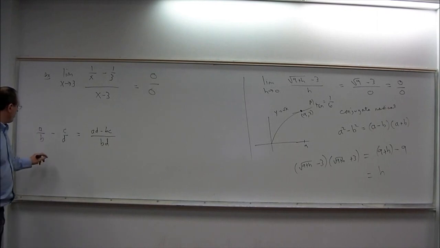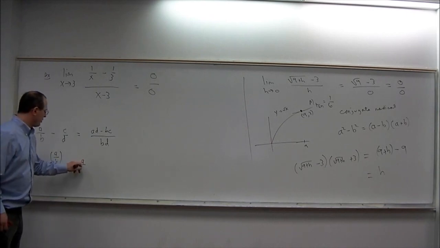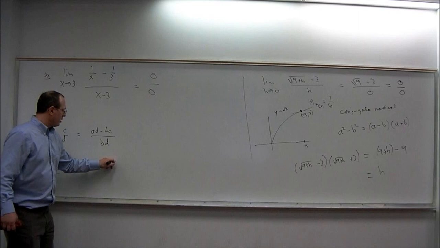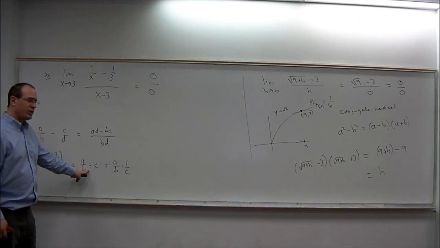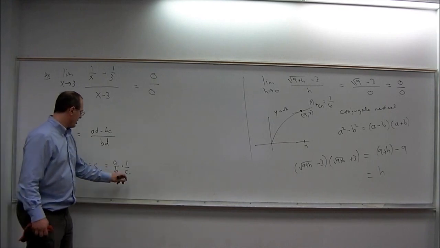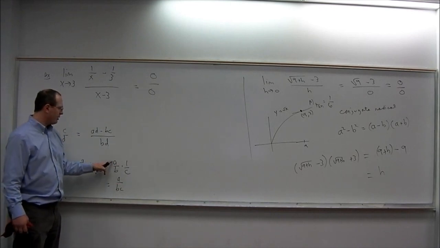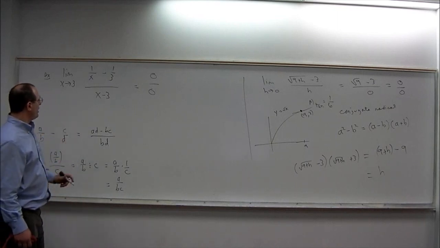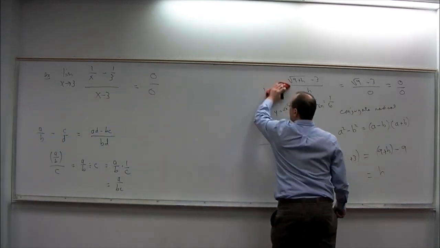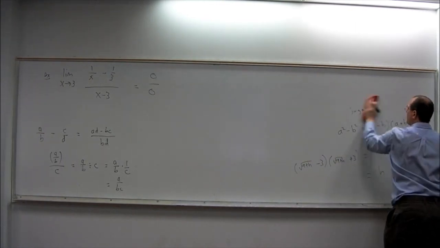And then once we do that, we're going to have a fraction of the form A over B over C. That's A over B divided by C, which is A over B times 1 over C. Division is multiplication by the reciprocal, and then this is A over BC. Multiplication of fractions is simply straight across, A times 1 and B times C. So if we apply those types of calculations in this example,